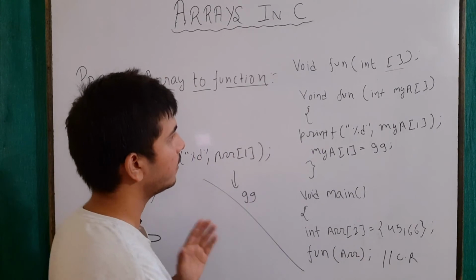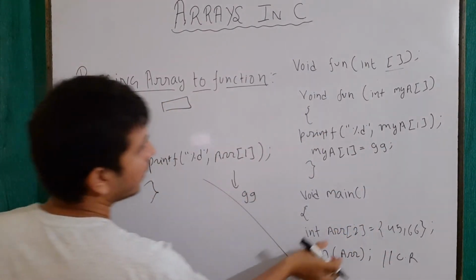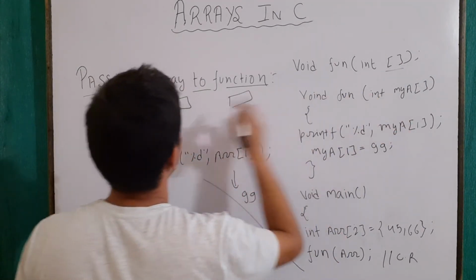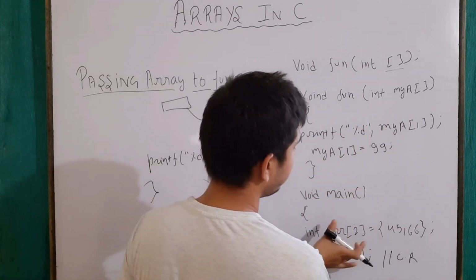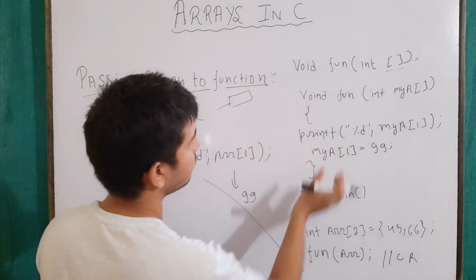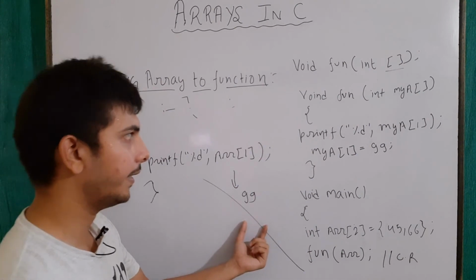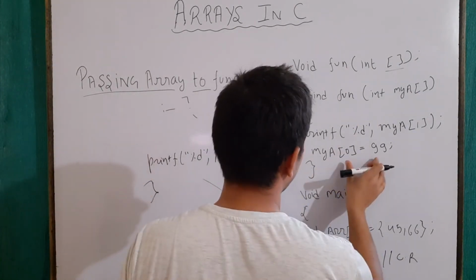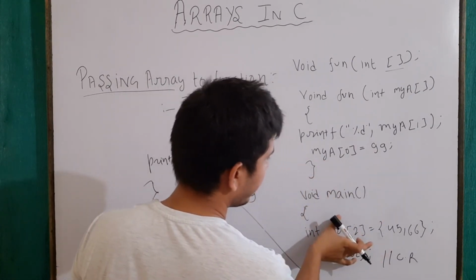So we can say that, if this was my array and another was this array, both are pointing to the same locations. These are just different names for pointing to the same location. So right now our output will be 99. Similarly, if I write here array 0 will become 99, now this change will also be reflected in our main array.